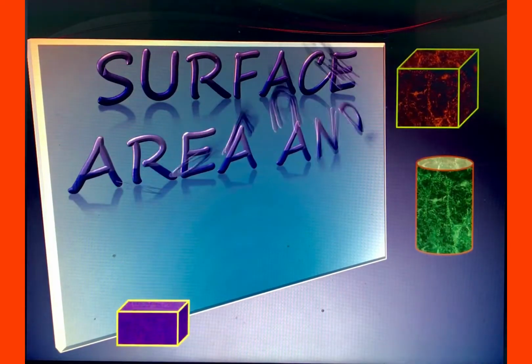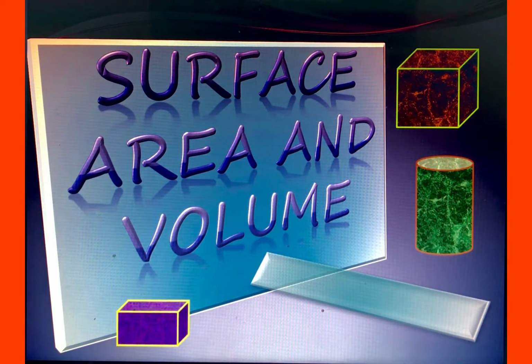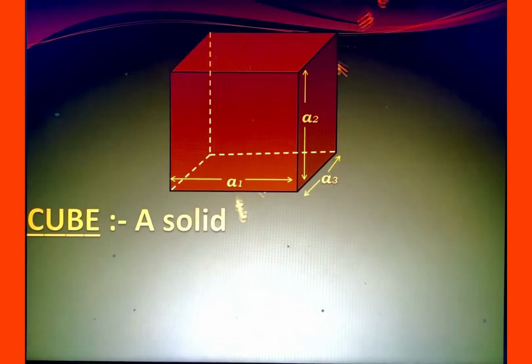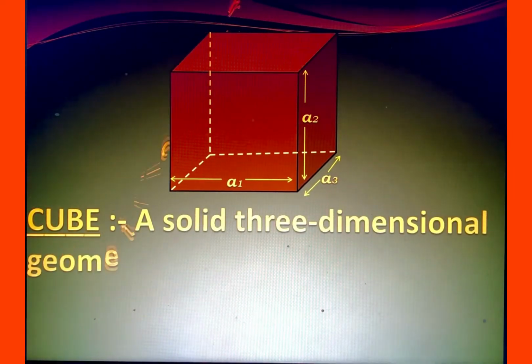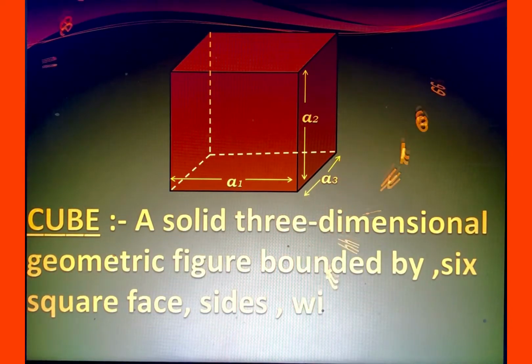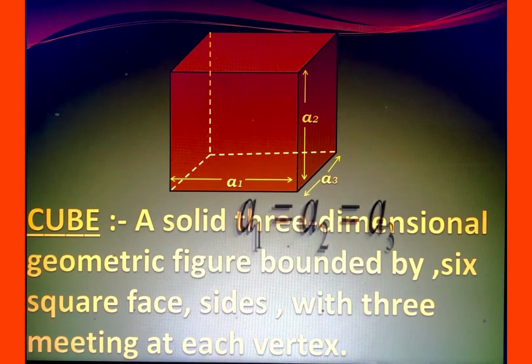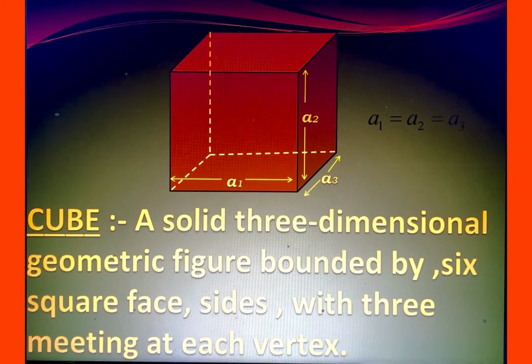The topic for today's session is surface area and volume. So first of all, we will take a solid that is cube. So what do you understand by a cube? A solid three-dimensional geometric figure bounded by 6 square face sides with 3 meeting at each vertex is